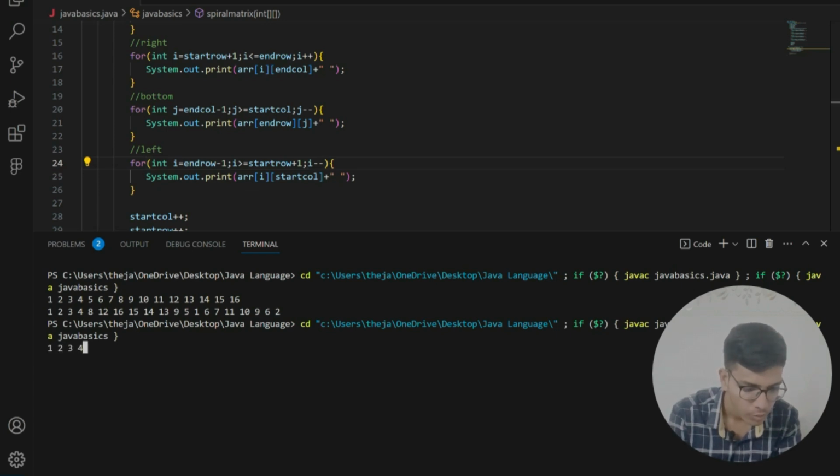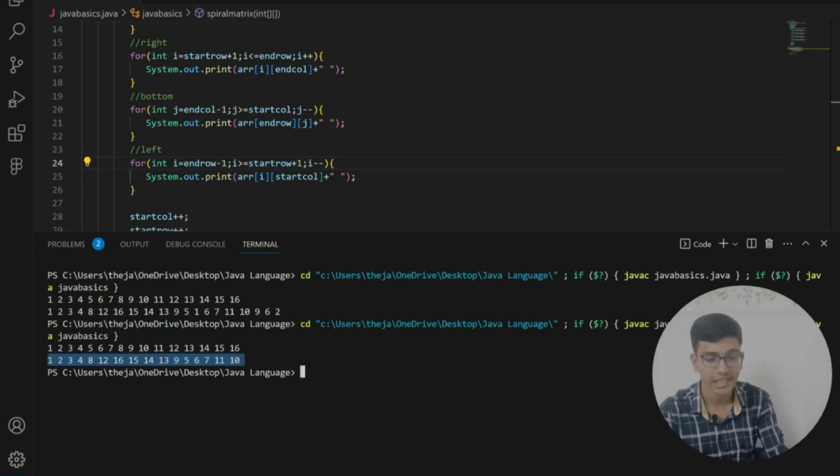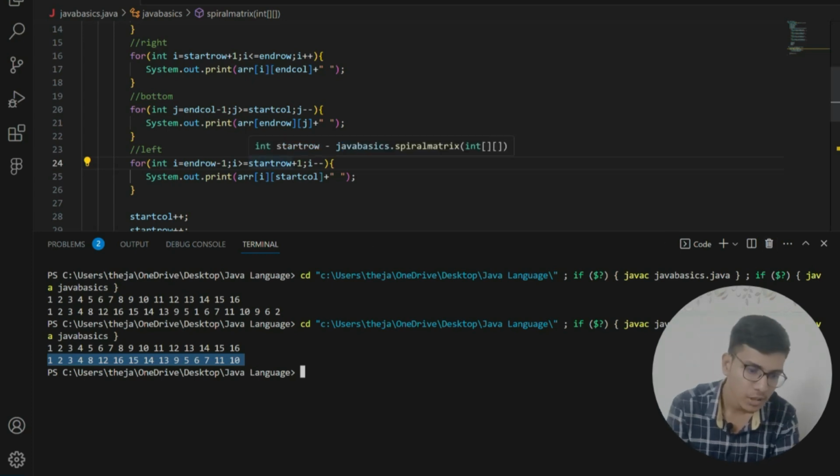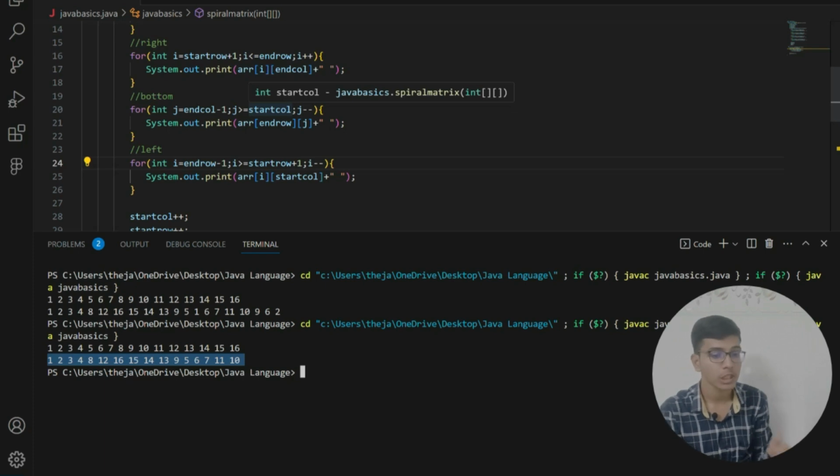1, 2, 3, 4, 5, 7, 8, 9, 10, 11, 12, 14, 15, 16. Now you can see that we got our output. This is the spiral fashion that we decided that we wanted. So this is the code. So in the place of 0, i should be greater than or equal to 0, we need to give starting row. After that, in the place of j should be greater than or equal to 0, we need to give starting